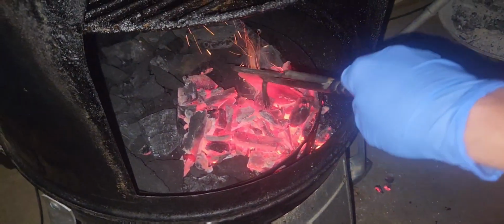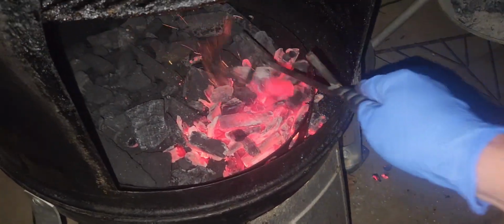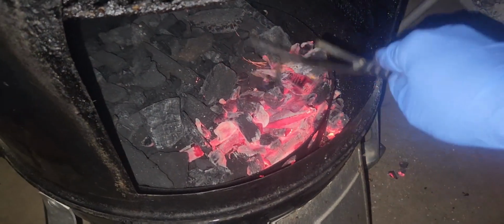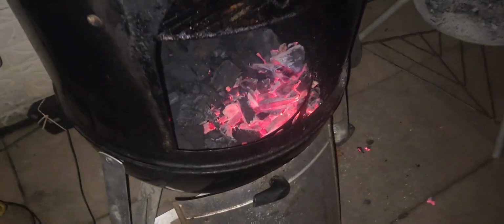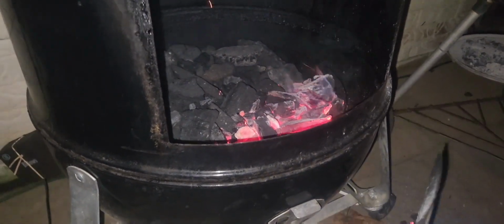Alright, so I just kind of pull all these back into that area that I had left that little void. Just try to keep them right there together. So that's going to be good right there. So I've got all my vents opened up. I'll put my